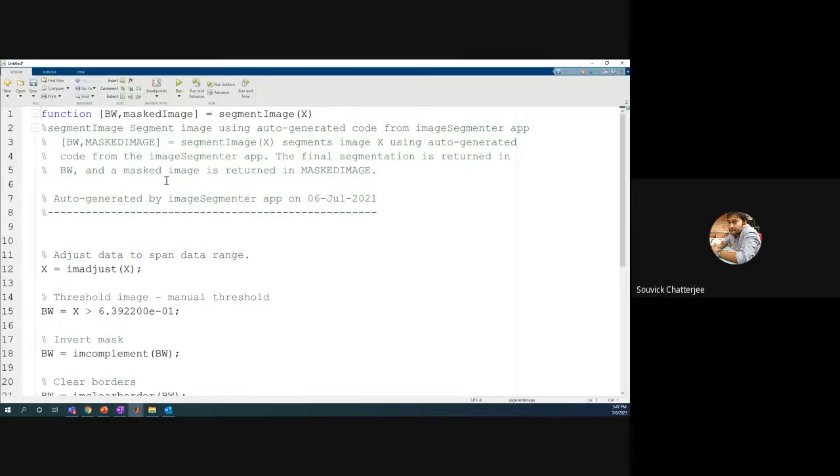If you click generate function, this MATLAB command gets created, and this is auto generated at the current time, like now. I did not write this code at all. It gets automatically created. So anything you do using the MATLAB apps can automatically create the MATLAB code, right? So that's something you can do.